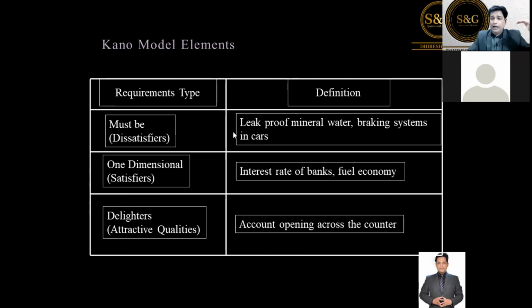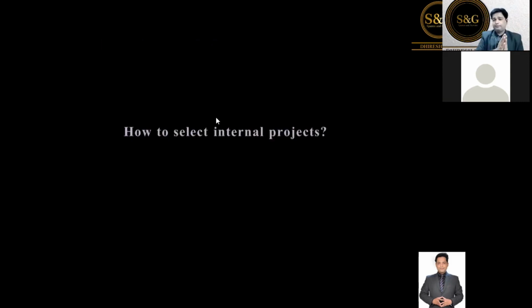Over a period of time, what happens is delighter needs become the basic needs of the product itself. If you start giving delighter needs, it becomes the customer's habit, and that becomes a basic requirement of the customer. For example, earlier AC and non-AC cars were both in the segment, now non-AC car is out. Every car has become an AC car now. Once upon a time AC in a car was a delighter factor. Now it has become a basic characteristic of a product. So this is the Kano model, very effective and powerful to identify the external projects and prioritize them. Now let's come to the internal project.